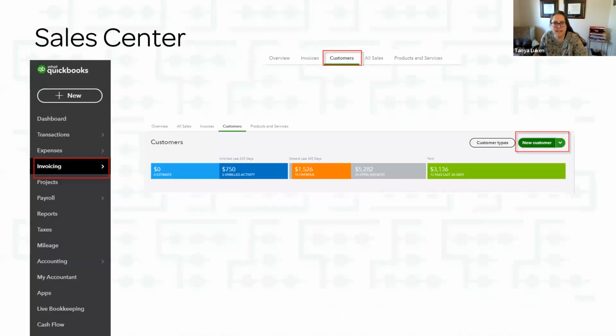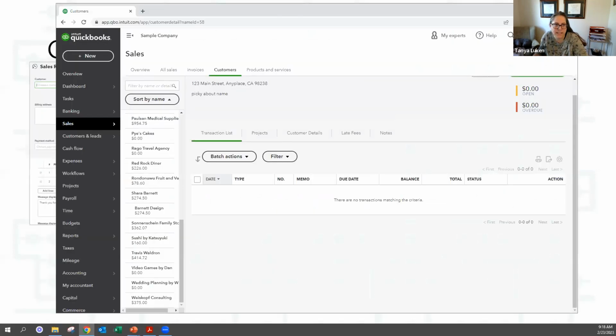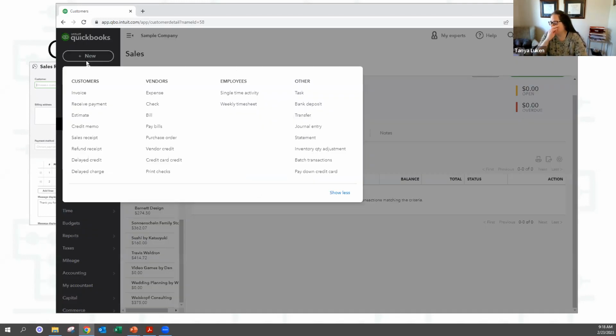Okay, so we talked about the sales center. Let's talk about sales receipts. There's a few ways to put revenue into QuickBooks. You could just record all of your bank deposits as sales, which is fine. If you have a way to track when people pay you, or you don't want to send out invoices, all of those things are fine. You can just record your bank deposits to sales, provided that if you ever had to put money into the bank because your bank account was running a little low, you don't count that as revenue.